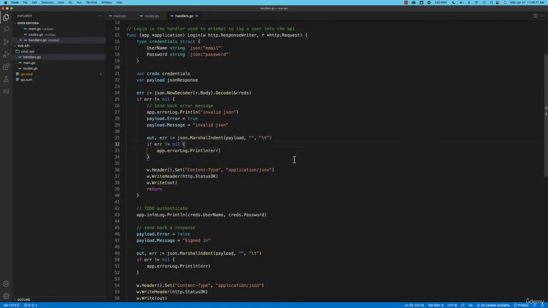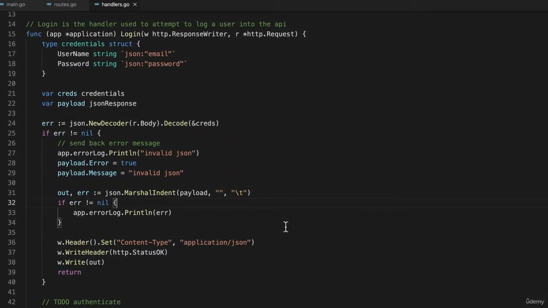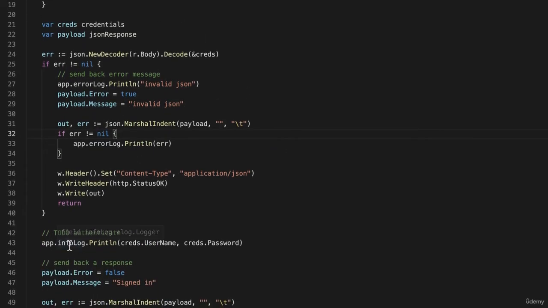So we have our login handler written, and it's at the point where we can actually try connecting our front end to the back end for the very first time. Now it's not complete, obviously. Here in handlers.go in the back end, down here on line 43 in my code, we're not actually doing authentication, but we are going to send back some JSON. And all I want to do at this point is make sure I can connect my front end to my